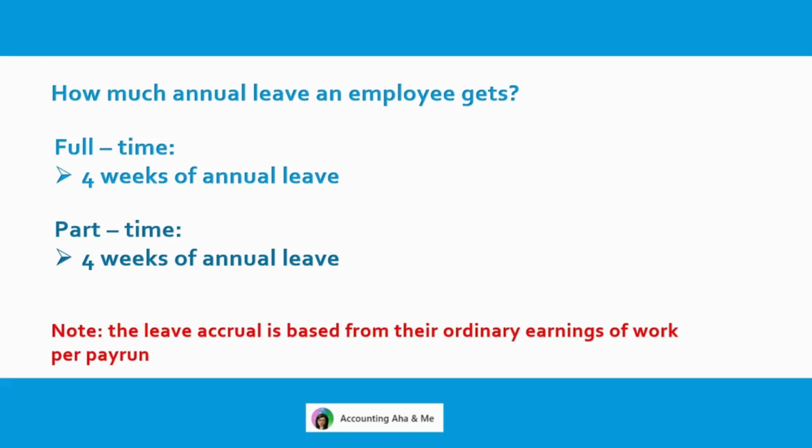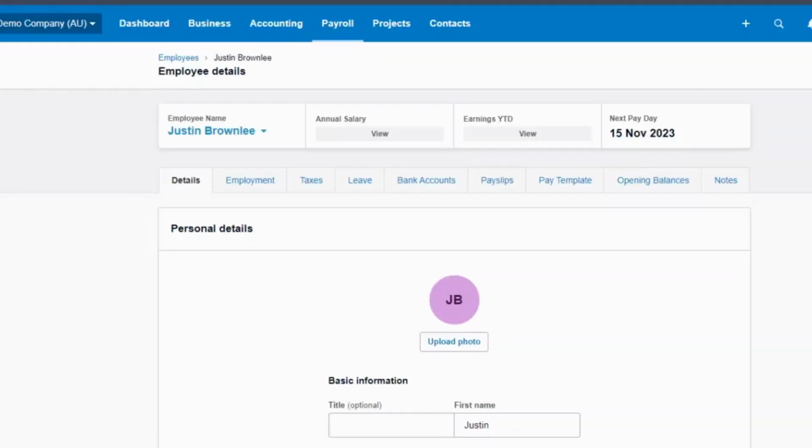The leave accrual is based on their ordinary hours of work. Let's say Justin Brownlee is a full-time employee working 38 hours a week for a year. During the year, he will accumulate 152 hours of annual leave, which is 38 hours per week times 4 weeks. His leave accrual can be set up automatically in Xero so that when a pay run is created, his leave accruals